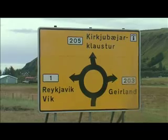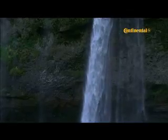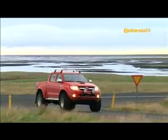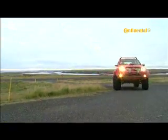Not only do they speak another language, they've got a different alphabet, and they drive on the wrong side of the road, and they've got special cars in which to do it. We're here to take in the sights, experience those cars, and yes, we will be heading to the volcano. Toyota organized the 4-day adventure in the southwestern part of the island nation behind the wheel of some very special